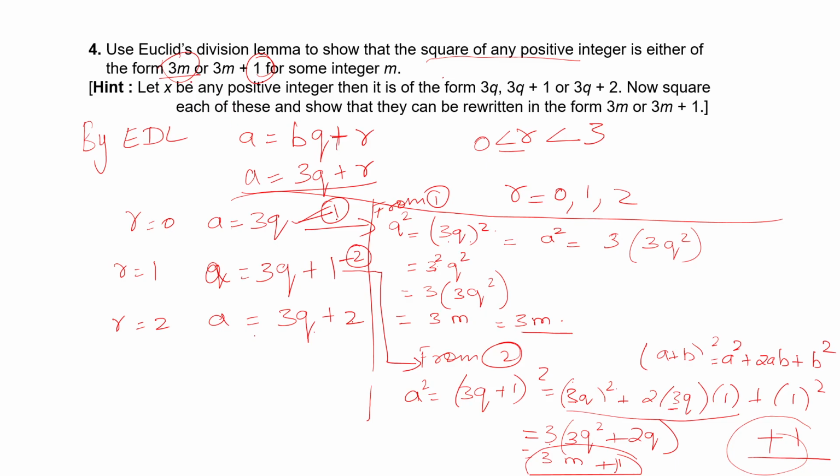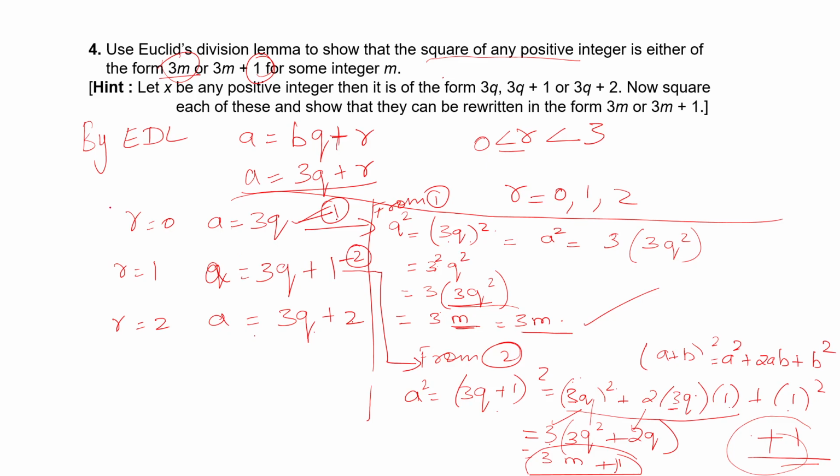You need 3 outside. So don't expand. Only take 3 outside. Whatever is remaining, keep it inside. So the remaining which is inside, you name it as m. Done. 3m. Likewise in second also, expand this. We need a 1 outside, so keep it outside itself. Don't mix with this. From the first and second, what is required outside? 3. Take that outside. Remaining whatever is there, you keep inside. So 3m plus, and name it as m. So our 3m plus 1 we got.